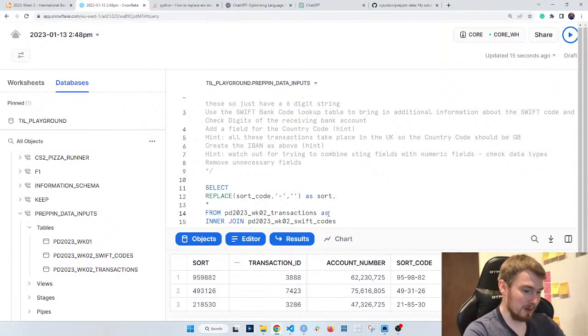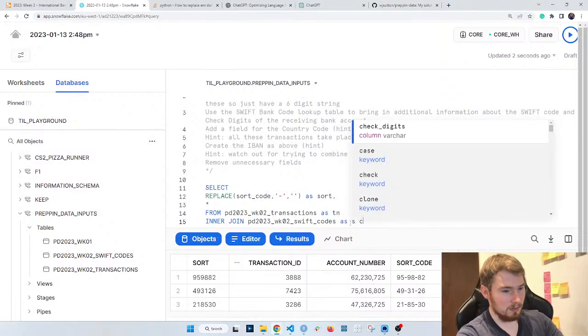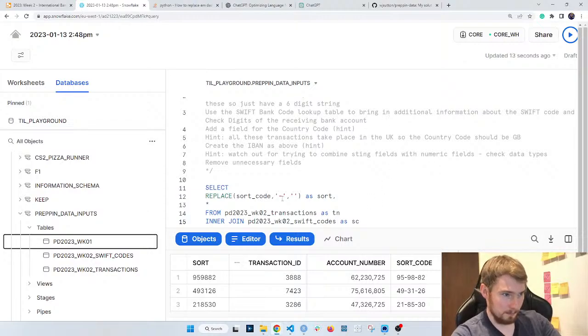I'm going to call this one TN for transaction, and this one SC for Swift code. This is just shorthand. It means that I can reference these columns without having to write out the full table name, which is quite helpful in this case.